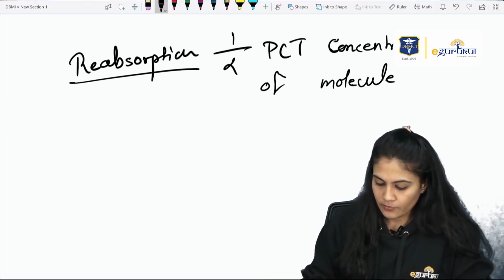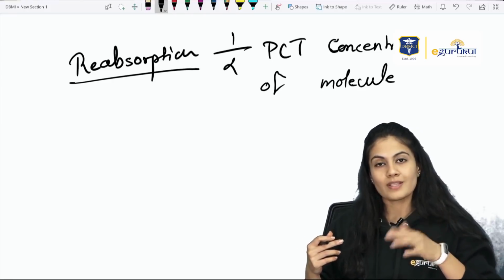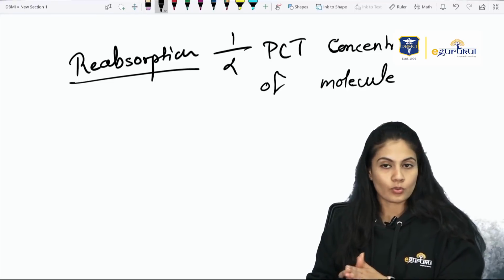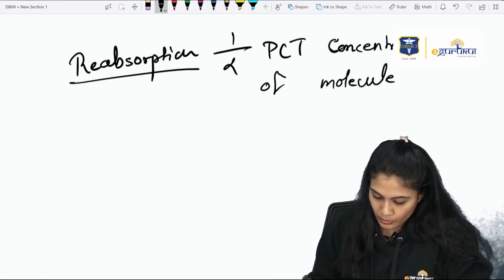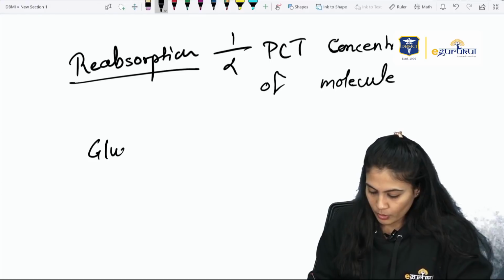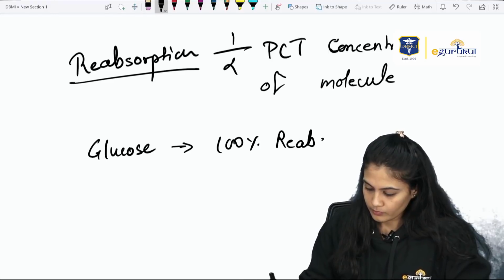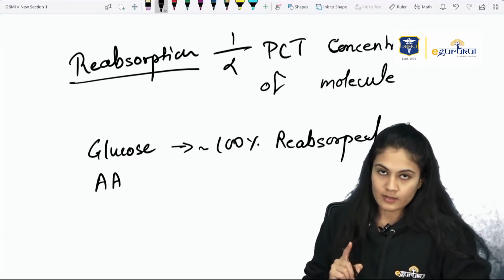If the substance is reabsorbed, it goes inside the blood and will not remain inside the PCT. That's why it is inversely proportional. So how much percentage of each substance is absorbed? Remember, glucose is reabsorbed almost 100%, unless the transporters are saturated,